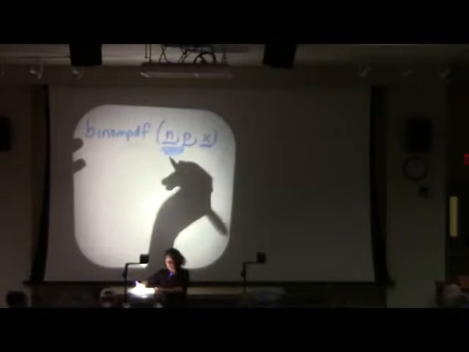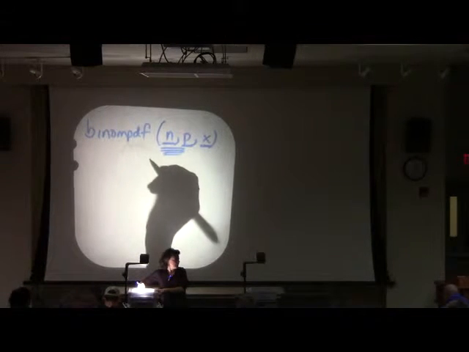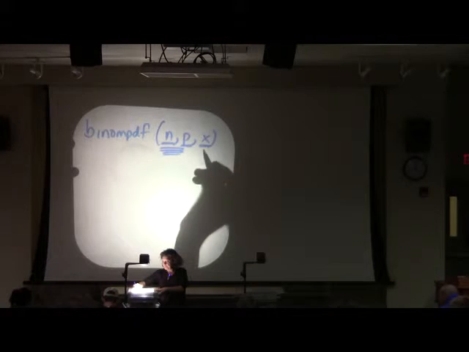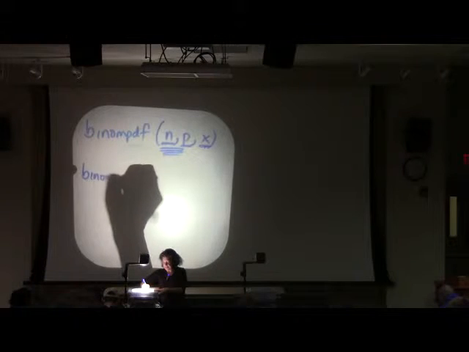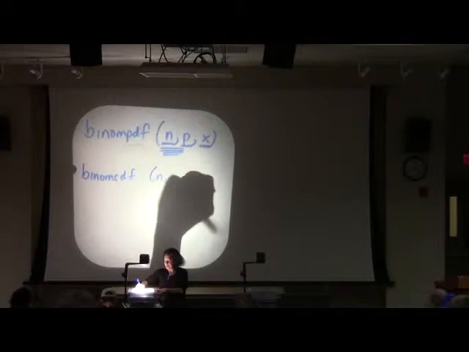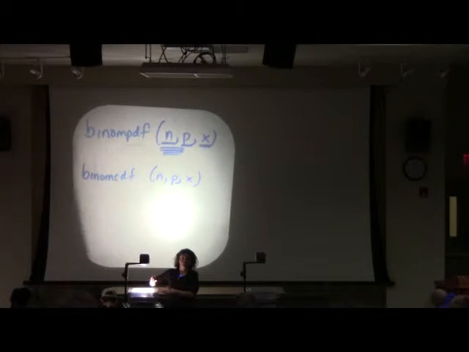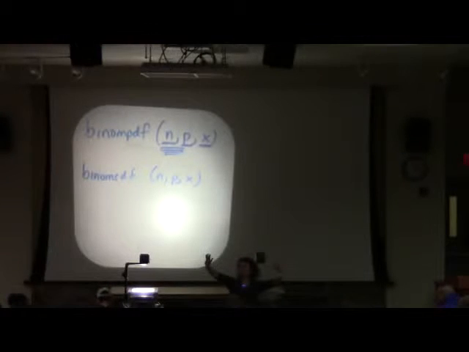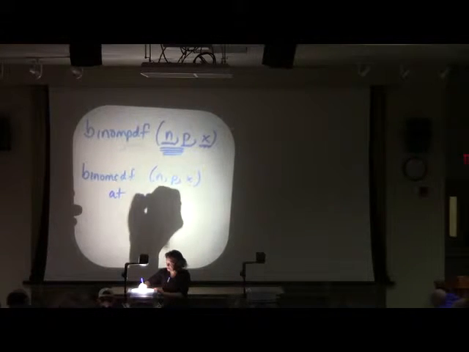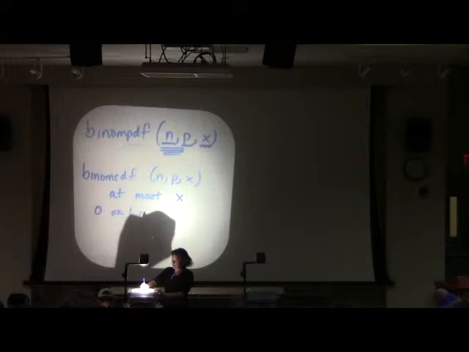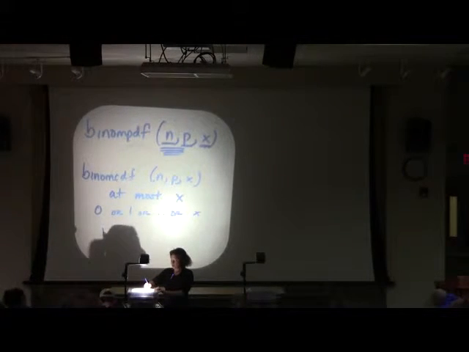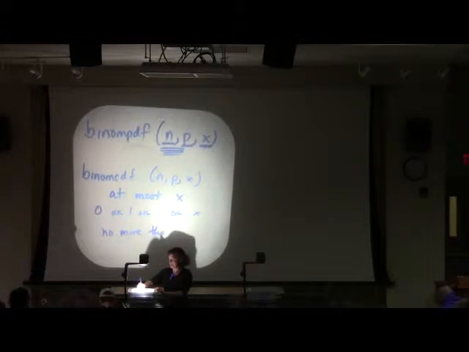Now, we saw that the binomial PDF was a lovely way of computing this when we're given specific x values. But we also, at the end of class, talked about a reason why we might use binomial CDF. The binomial CDF actually computes your probability for a whole range. So this would be for saying at most, find the probability that there's at most x. So it'd be 0 or 1 or 2 all the way up to x. Or another way you could look at it is no more than x.